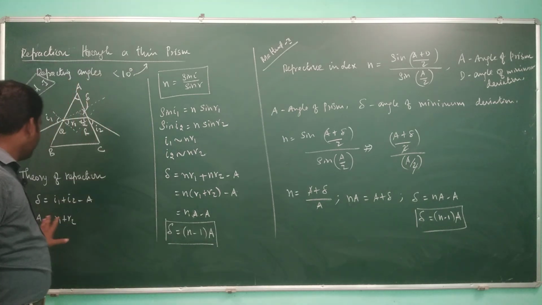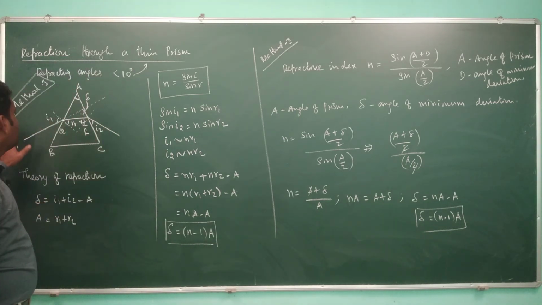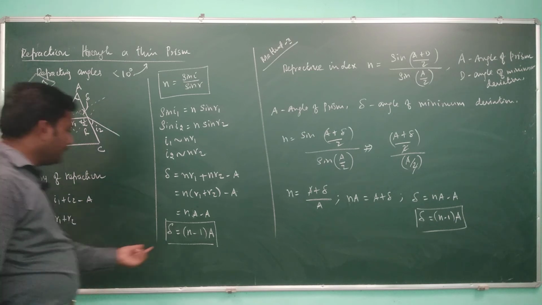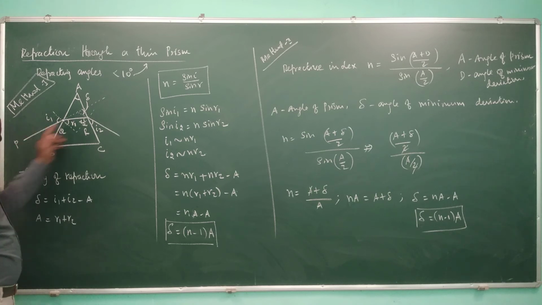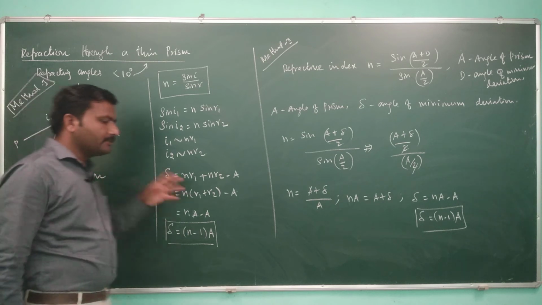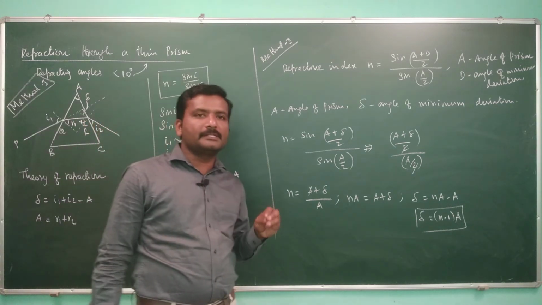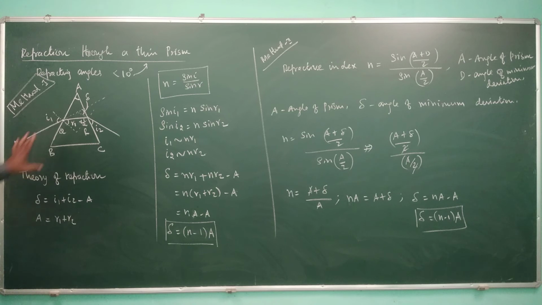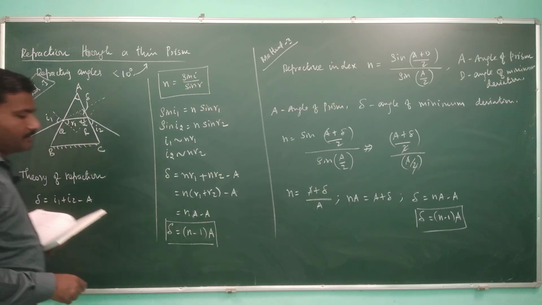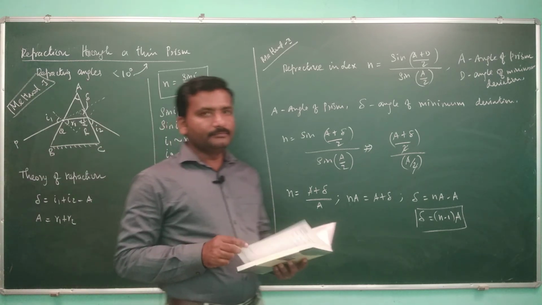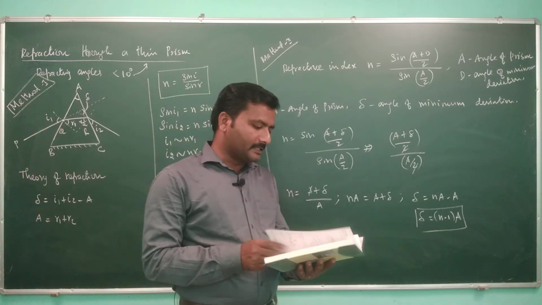So in this way you can define refraction through a thin prism, and you can find the angle of deviation. What is angle of deviation? That is the angle between the incident ray and the deviated ray after refraction within the prism. What is a prism? A prism is a glass system which has three faces, in which one face is roughened and two faces are polished. The light ray can pass through these two faces. After getting refraction, the incident ray will travel in a new direction.